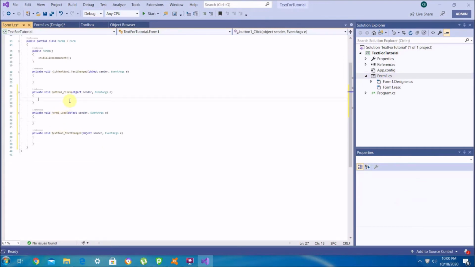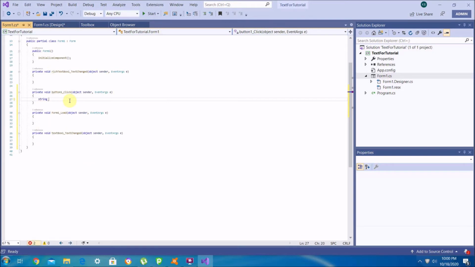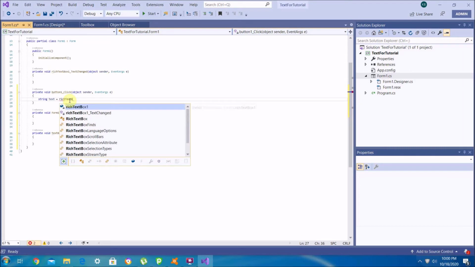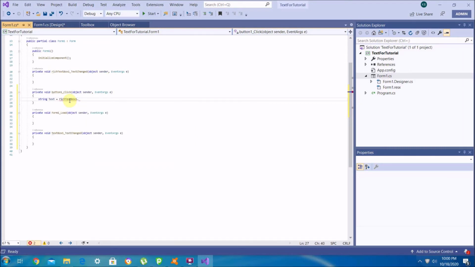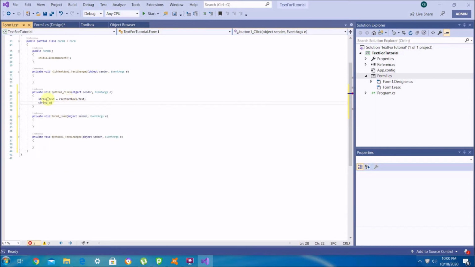So for button 1 click, what we're going to want to do is input the code: string text equals richTextBox1.Text. Then create another string, saveLocation equals textBox1.Text;